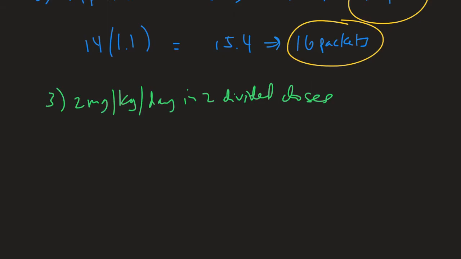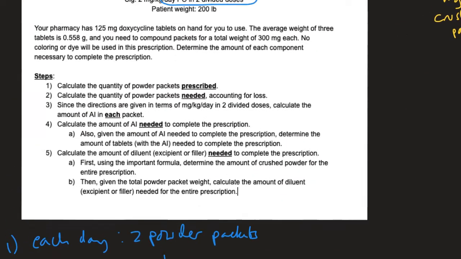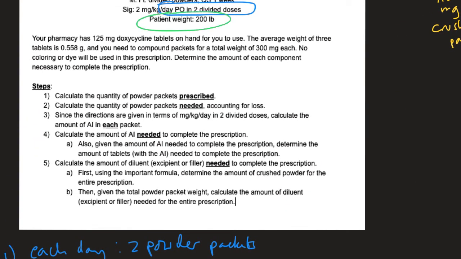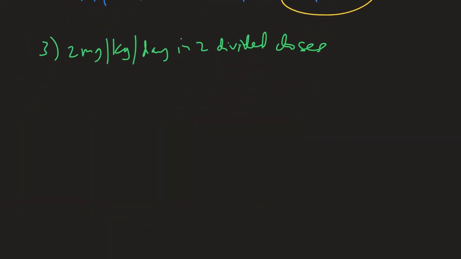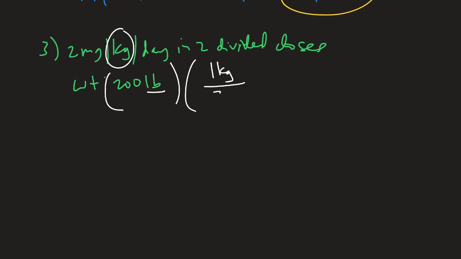We know the patient weighs 200 pounds. So we know the units should be in kilograms. Converting pounds to kilograms, 1 kilogram is 2.2 pounds. Pounds cancels out in the numerator and denominator, so 200 divided by 2.2 gives you